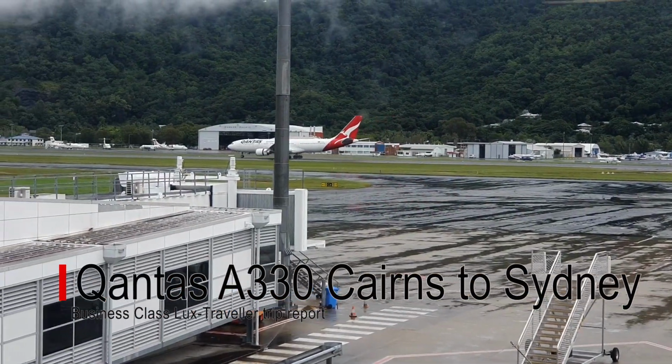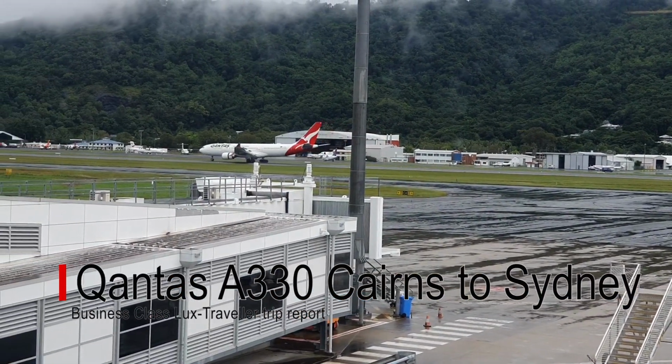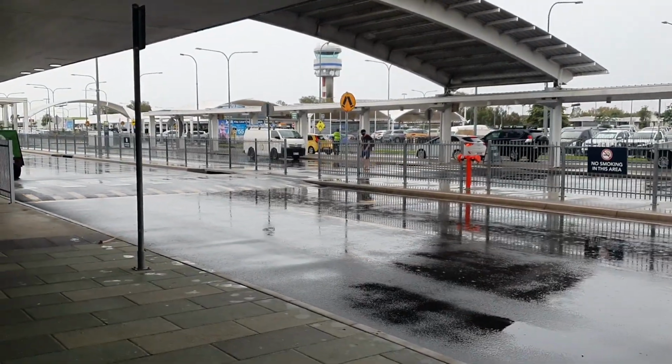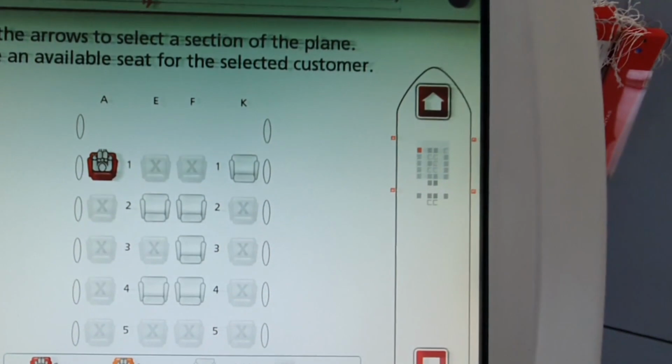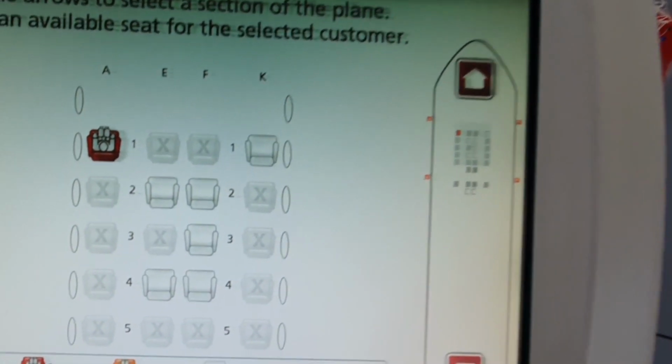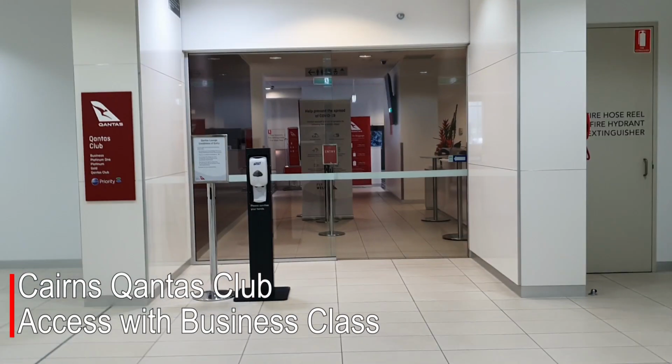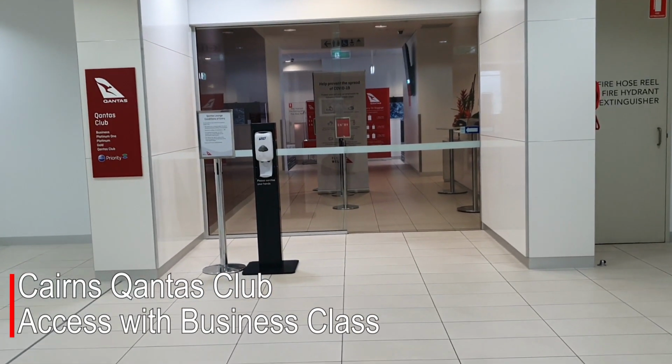Qantas is once again flying its larger wide-body aircraft on domestic flights. Today I'm in the rain at Cairns in far north Queensland, and I'm going to try the Qantas A330 Business Class Cairns to Sydney flight. At check-in I got seat 1A and then headed on the short walk down the long pier to the Qantas